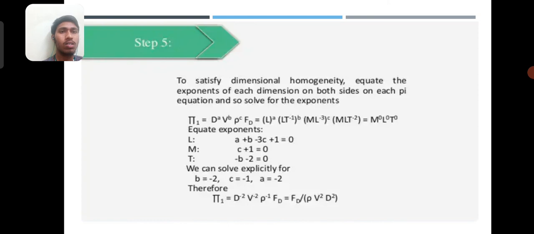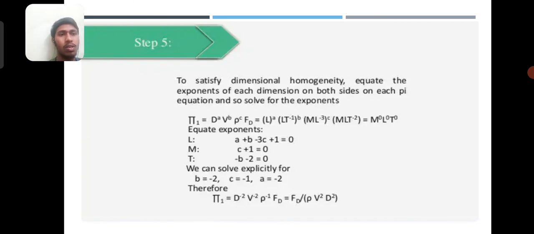By equating the exponents of each L, M and T, we get equations like this: a plus b minus 3c plus 1 equals 0, c plus 1 equals 0, and minus b minus 2 equals 0. By solving those equations, the overall result is b equals minus 2, c equals minus 1, and a equals minus 2. Therefore, by replacing those values in the above equation, we get pi 1 equals d power minus 2, v power minus 2, rho power minus 1, f of t,